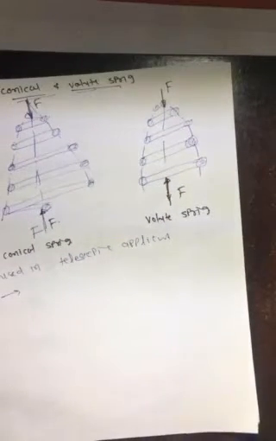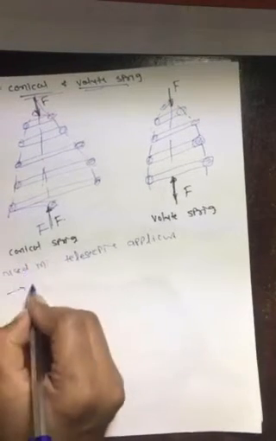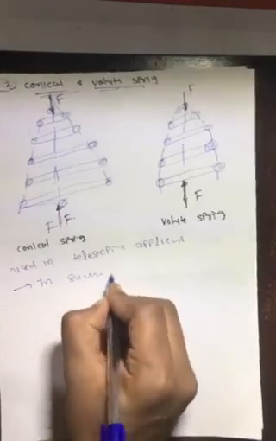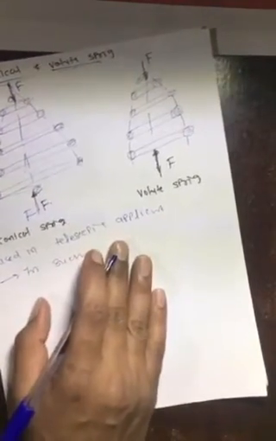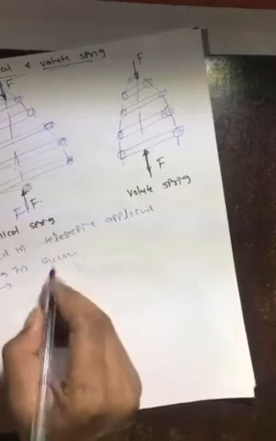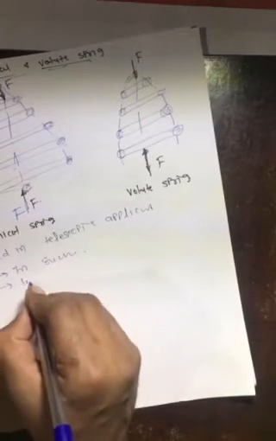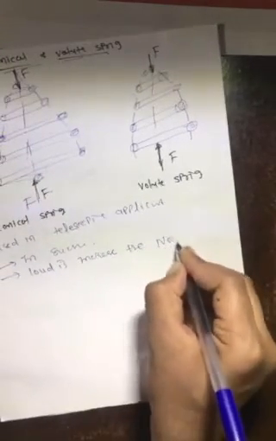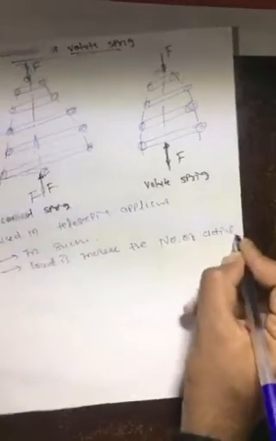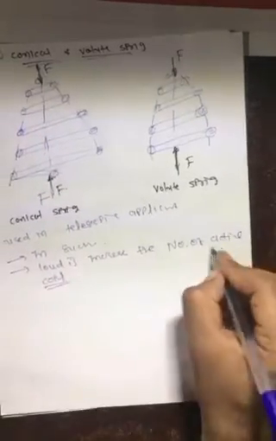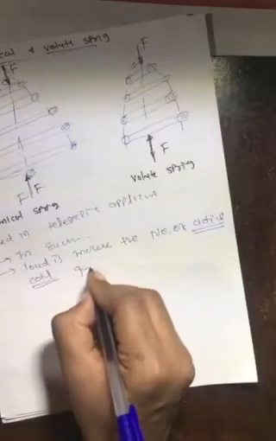Next one. In such a spring, as the load is increased, the number of active coils is gradually decreased, right? What is active and what is inactive we can see later. Okay, the load is increased, the number of active coils, remember the word active coil, gradually decreases,